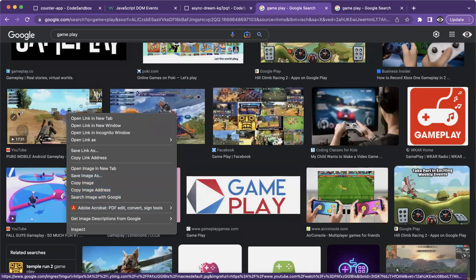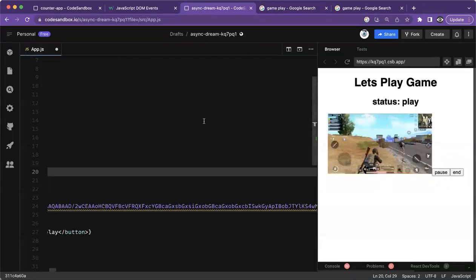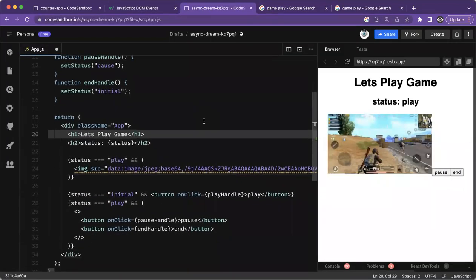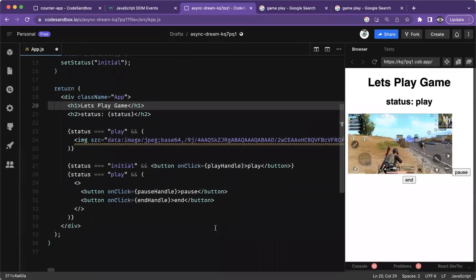Yeah, it used to give like a link. I don't know why it's not giving, but anyway, that's not a big deal. What I want to do now is, because these buttons are now here, I want them to be here, right? So for that, I can use a flex, right? So what I have to do is